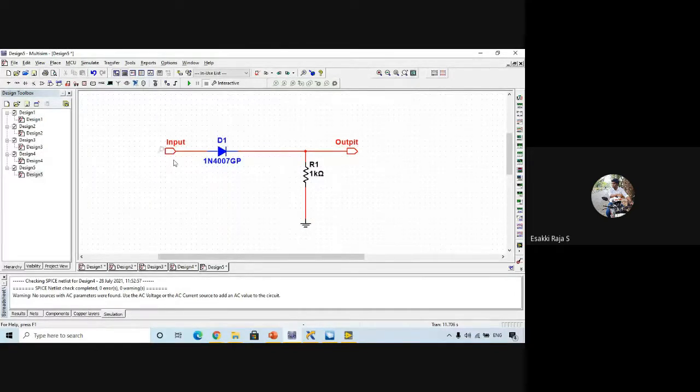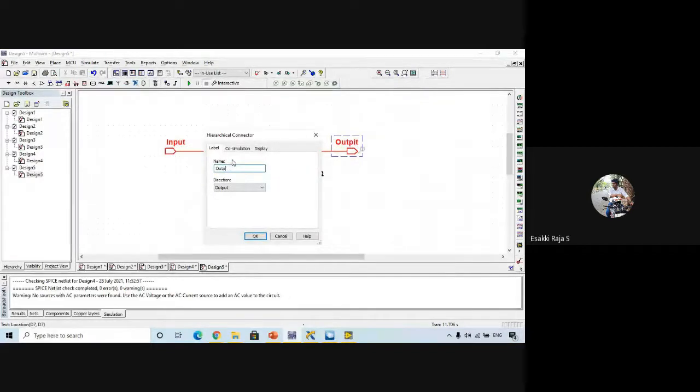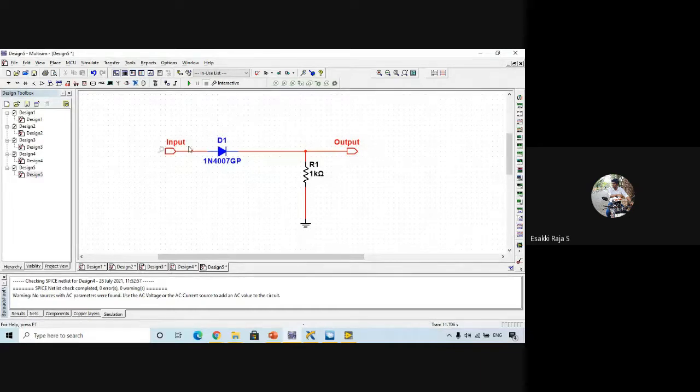So that's it. In this you can see I'm not connected to any source or any instrument. Instead, I have used an input connector and an output connector. These connectors can be accessed from LabVIEW. In Multisim we will have only the electronic components, so we just place the components and connectors. Once we have completed this, we can save it.